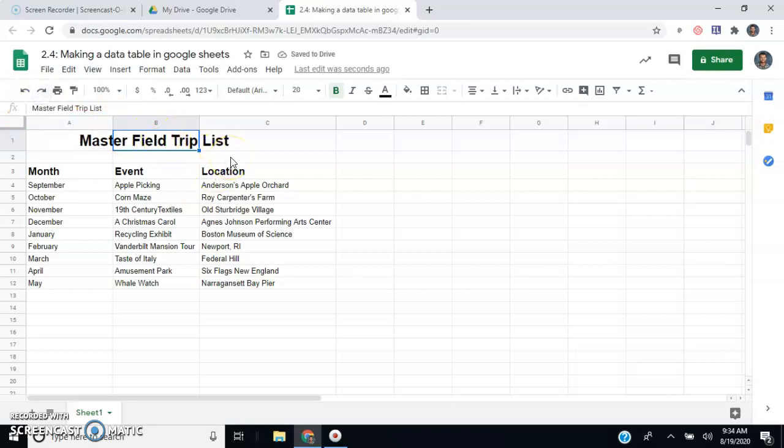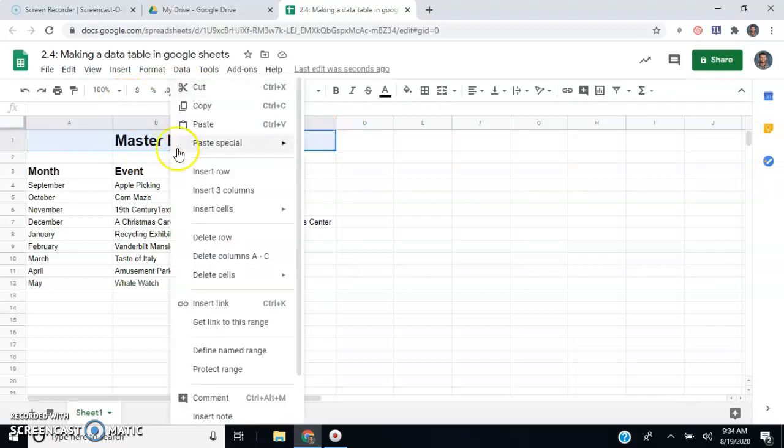Another really important part of Google Sheets that's really helpful is I can also merge cells. So if I'm seeing this master field trip list and I want this to be centered, you know how if I click left align, it won't align all the way to the left side of the whole sheet, it'll align to the left side of the cell. If I wanted to merge all of these cells together, I would select the ones that I wanted to combine, and I would either right click and go down to